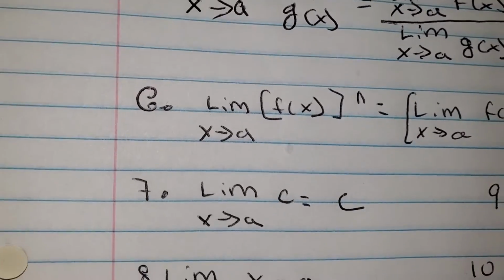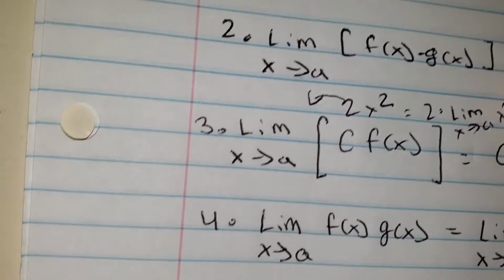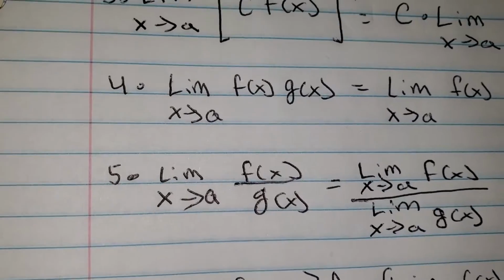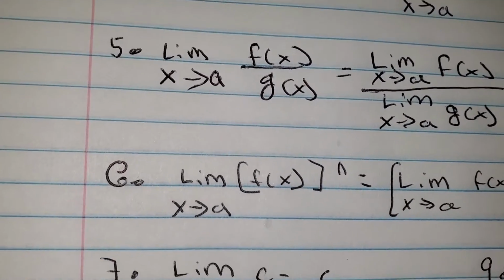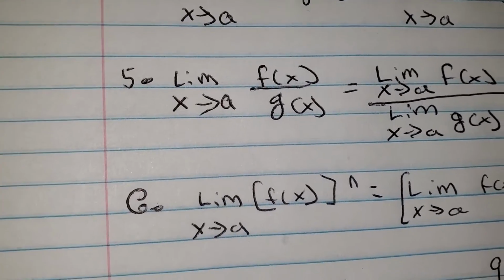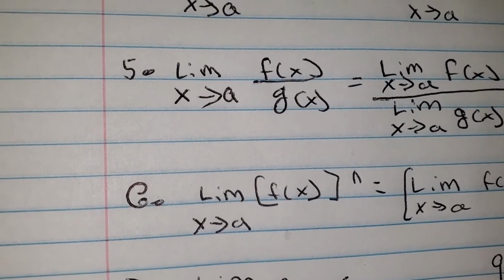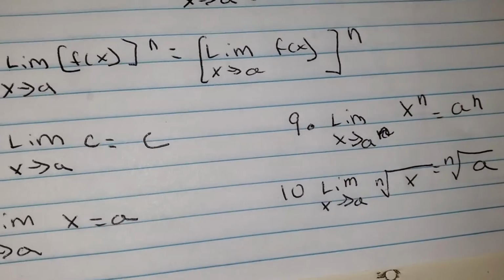Now, what if we have multiplications? Similar to addition and subtraction, we're allowed to break up functions if we'd like, instead of having to multiply them out. So the limit as x approaches a of f of x